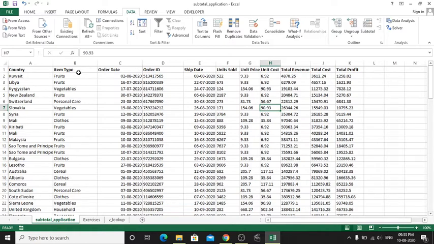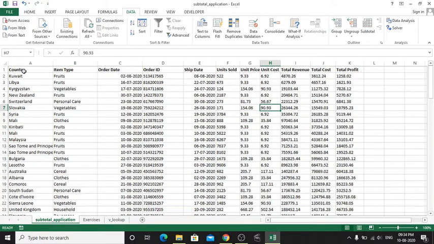First we have to sort this data on the basis of item type. Then we will get the fruits data as a group, vegetables as a group, personal care as a group, like that. And finally we have to find the subtotal of those groups.